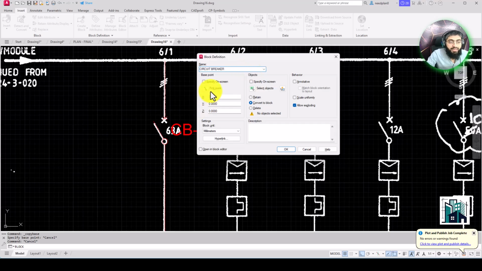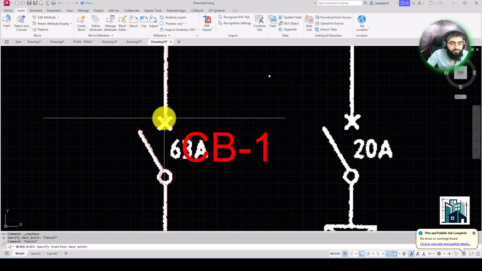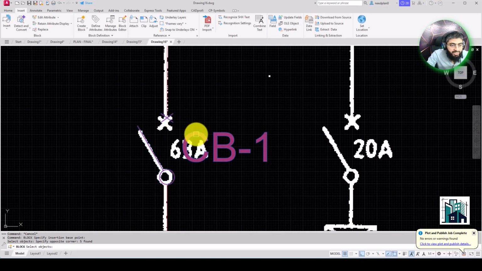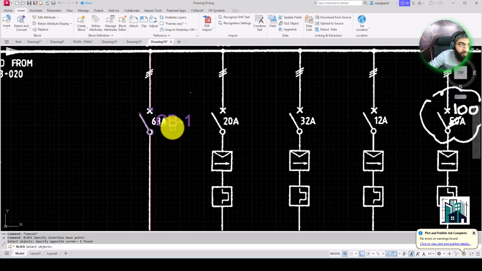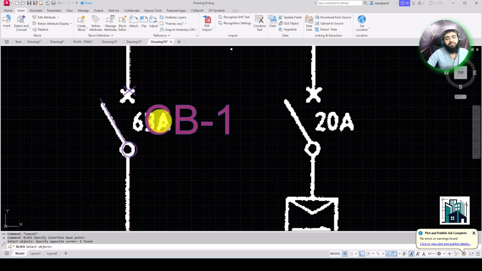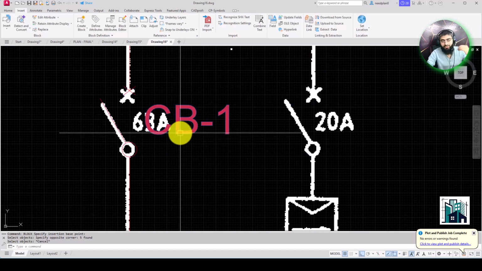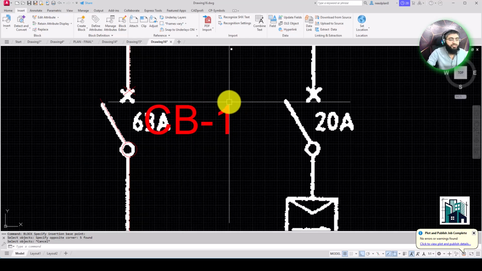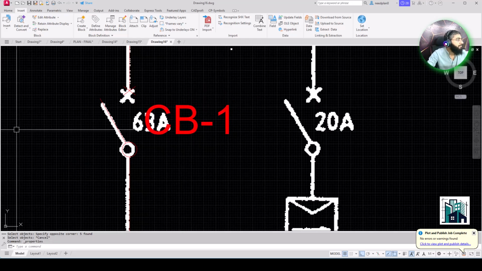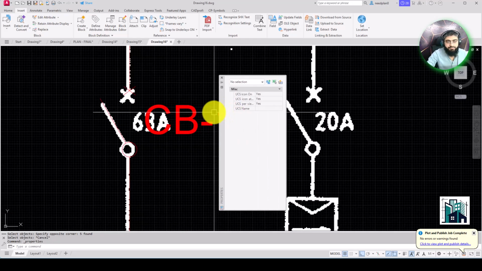In this way, and we will have to pick one point and then select object. And when you select the object, you will have to select the text as well. If you see the text height is not equal to what you have in your drawing, you can adjust that after that. Just 1 minute, before I make a block, I will have to change the text height. Click here and then